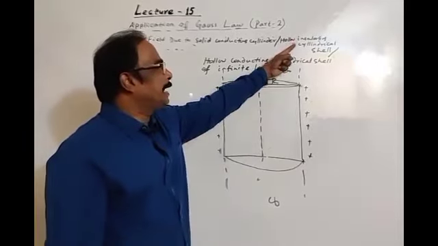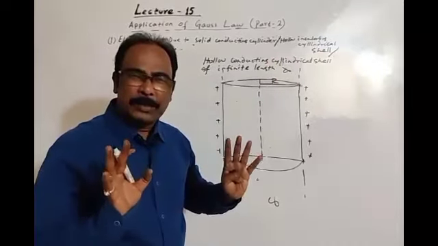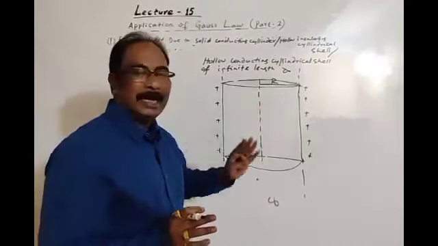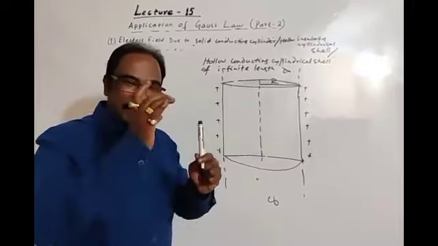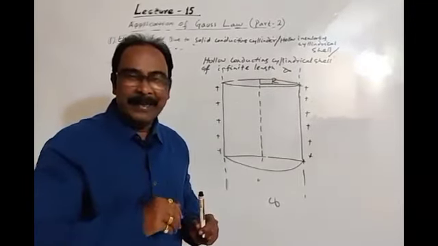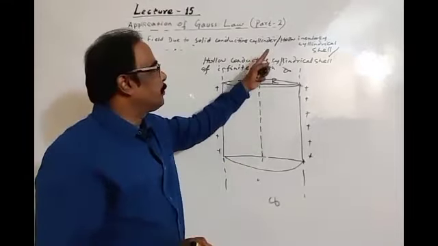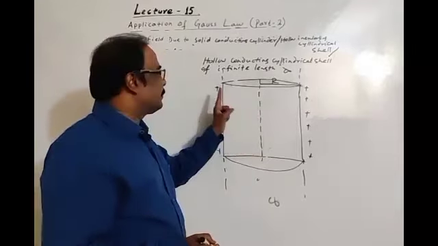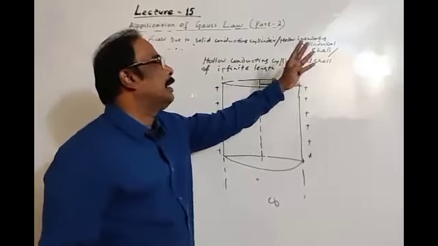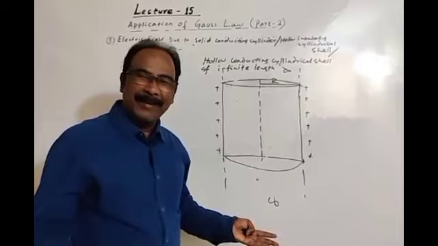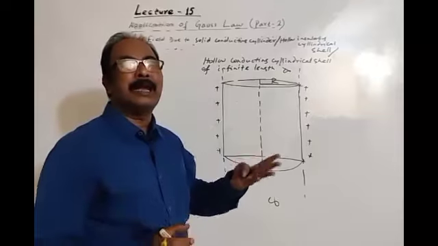Okay. If you take a hollow insulating cylindrical shell, this is insulating. Let's now assume this is an insulating cylindrical shell, but hollow. If it is hollow, there is no material particle inside the cylinder. If there is no particle, there will be no charge inside the insulating hollow cylinder. Then also charge will be distributed on the surface. And the final case, if you take a hollow conducting cylindrical shell, again the same thing, inside which there is no material, and also it is conducting, so the whole charge will be distributed on the surface.